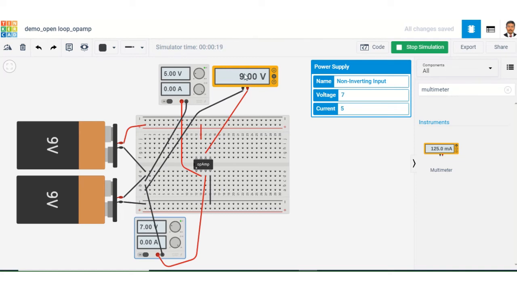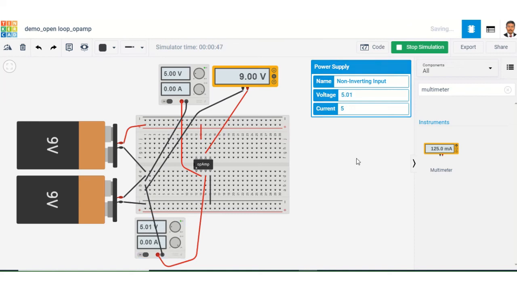It is 9. Okay, plus VCC is 9 volts. So that is the operation, and whatever the value, the output will be either positive V saturation or negative V saturation. In this case, either plus 9 volt or it will be minus 9 volt. So you can change, even you see you can change